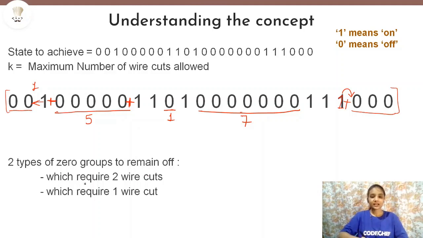First one is that which will require two wire cuts that will be present in between. So it is 7, 5 and 1. And the second type of group is which will require one wire cut, which are present at the beginning and at the end of the sequence. So